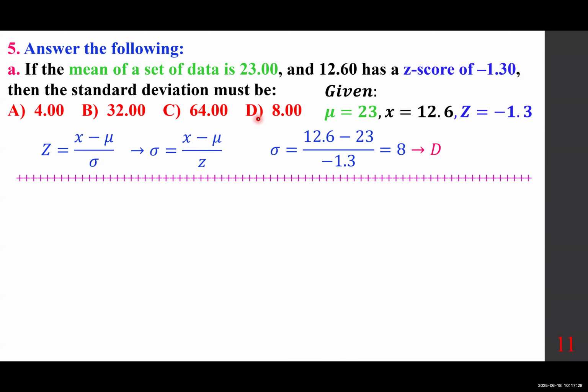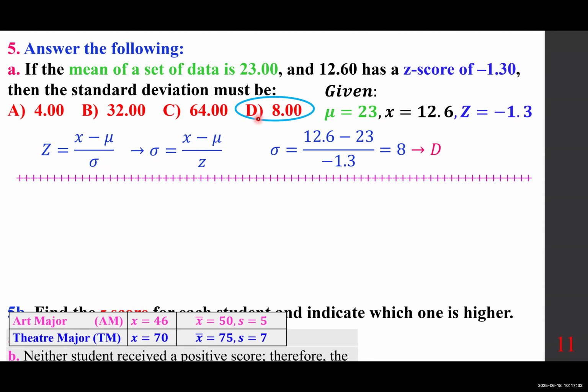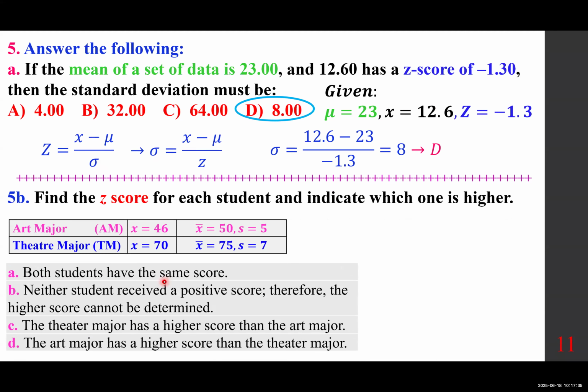Z-score. And what is the advantage of the Z-score? So that's the answer. What is the advantage of the Z-score? This question tells us: find the Z-score for each student and indicate which one is higher. When you are looking at different methods of, for example, grading, the Z-score, by the way, the Z-score of 0